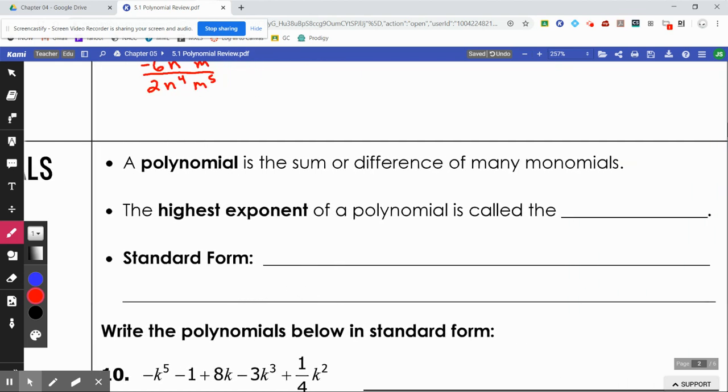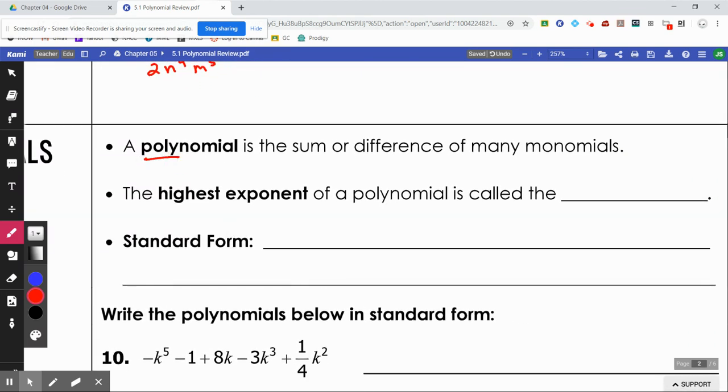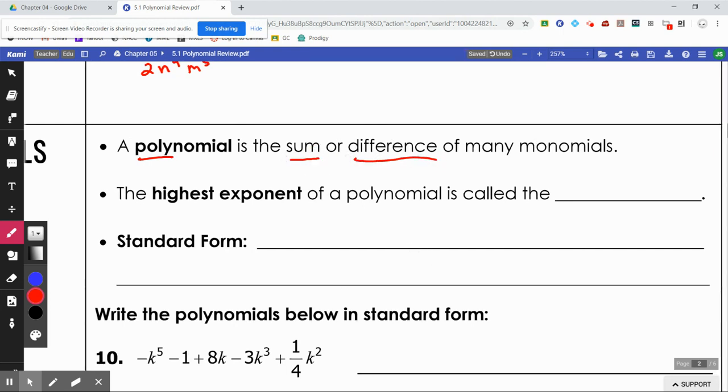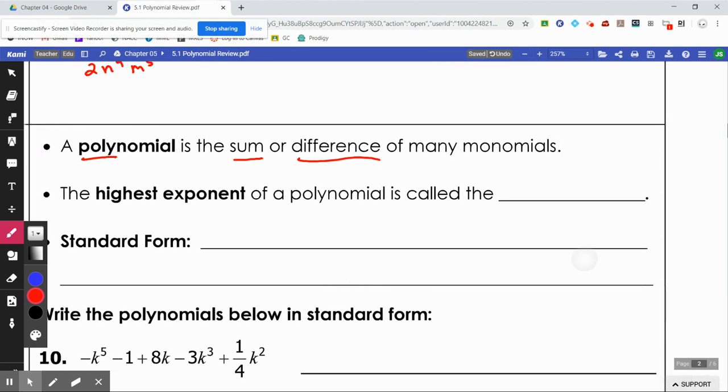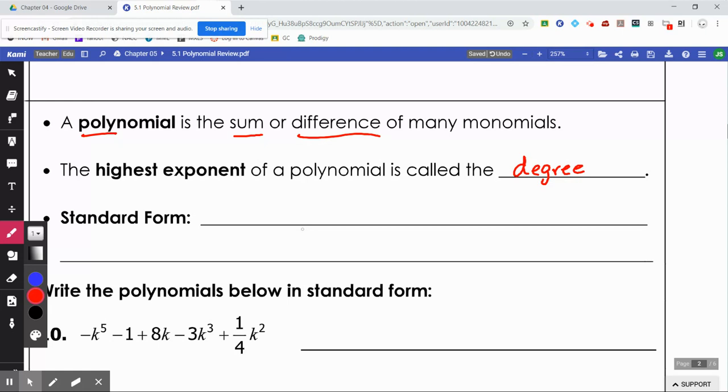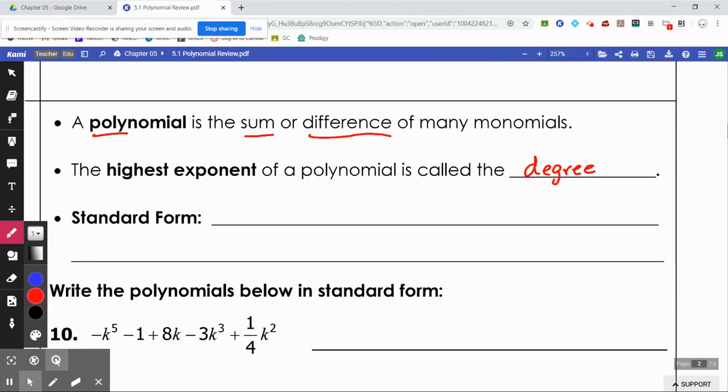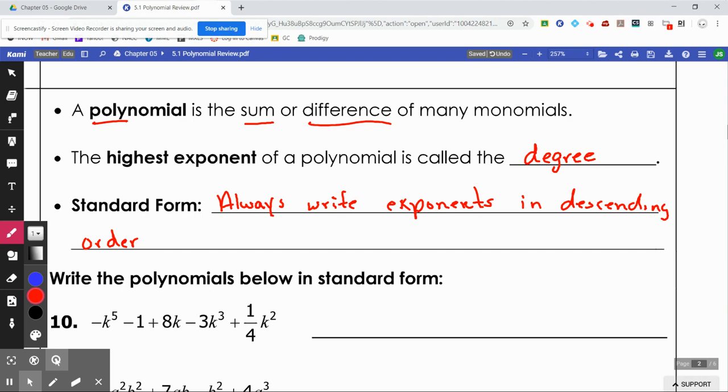Polynomials now. A monomial had a single term, so therefore a polynomial has many terms. A polynomial is the sum or difference, it has plus or minus signs, of many monomials. The highest exponent of a polynomial is called the degree of that polynomial. The standard form of a polynomial, you just need to make sure to always write your exponents in descending order. So you're simply going to start with the highest power of the variables and just decrease them